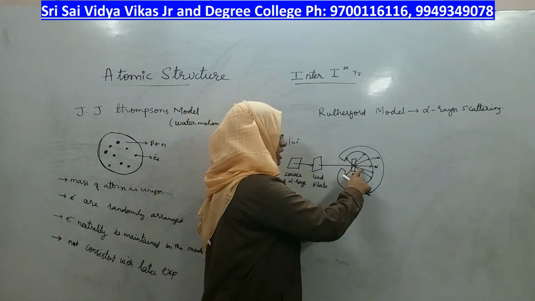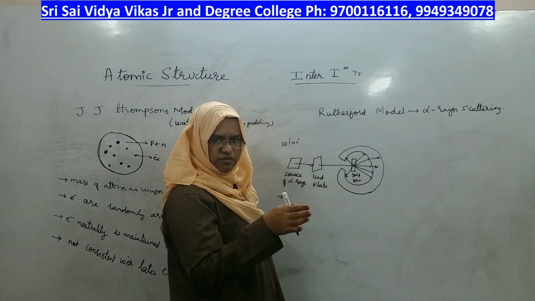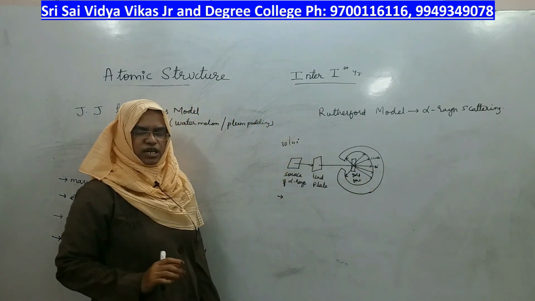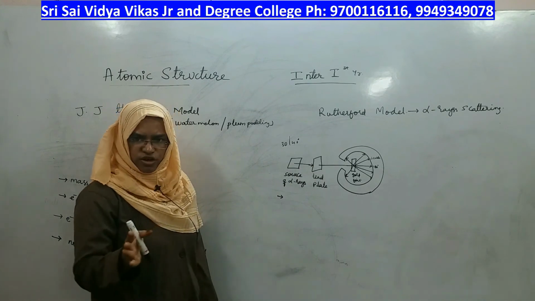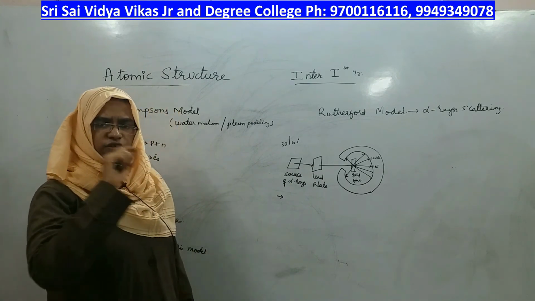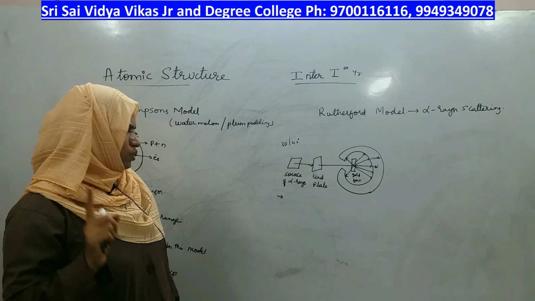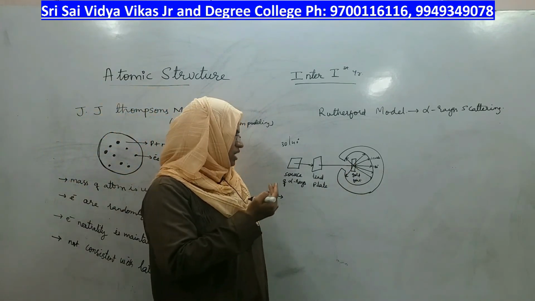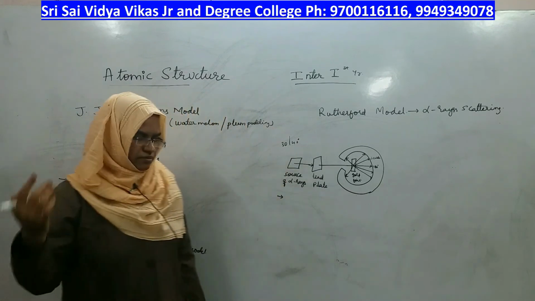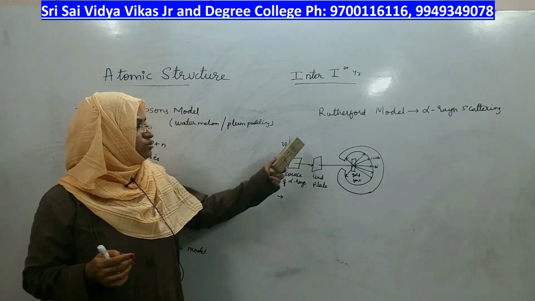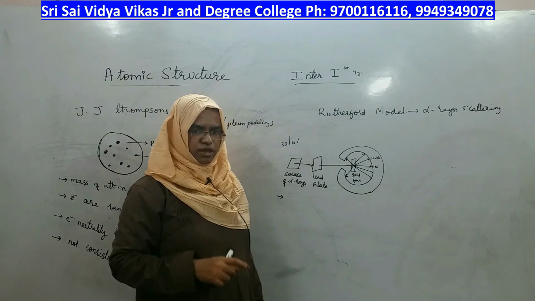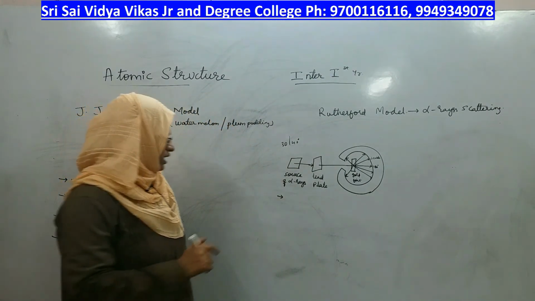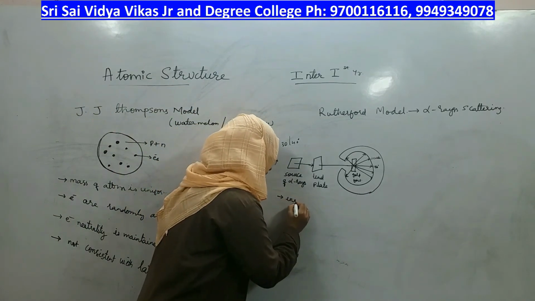Most of the alpha rays are going straight without any deviation, at an angle of 180 degrees. Very few of the alpha rays are showing a deviation of 30 to 40 degrees, and out of thousands only 1 or 2 are reverting back, or reflecting back, you can say, to the point from which they came, right? This is the result of Rutherford's alpha ray scattering experiment. By seeing that result, he proposed that inside the atom